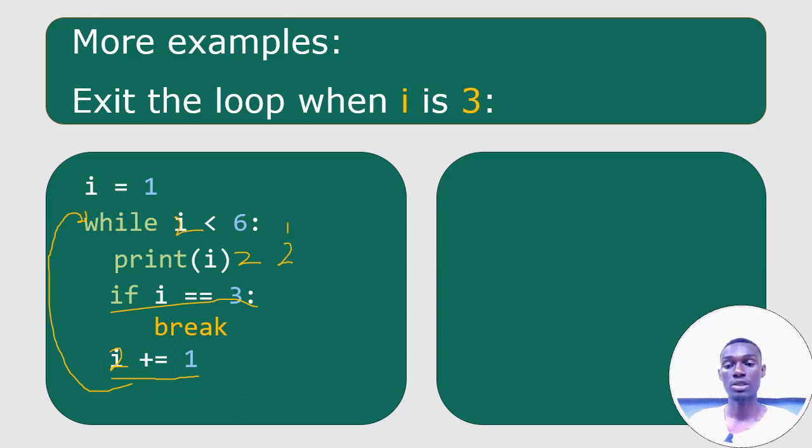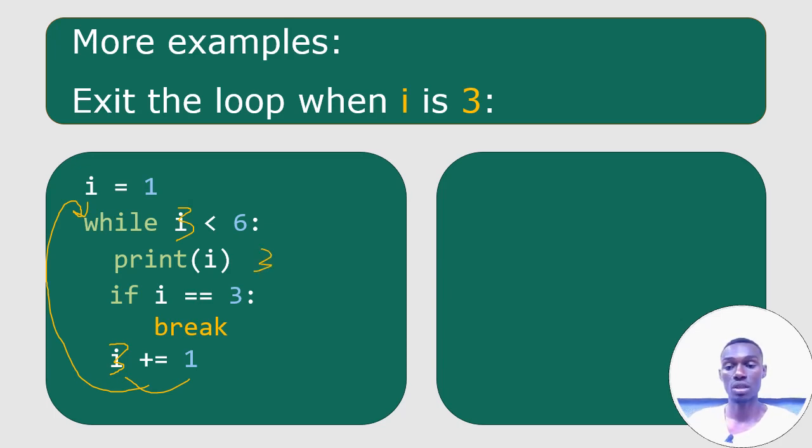Then right here it will check if I is equal to 3. I is 2 and 2 is not equal to 3, so it will not break the program. It will come down here and add 1 to I. It will add 1 to I and I is 2. Once you add 1 to it, it becomes 3. So right here it goes back again to the loop to check if I is less than 6. I is 3, 3 is less than 6, so it will print 3 and then come down here and check